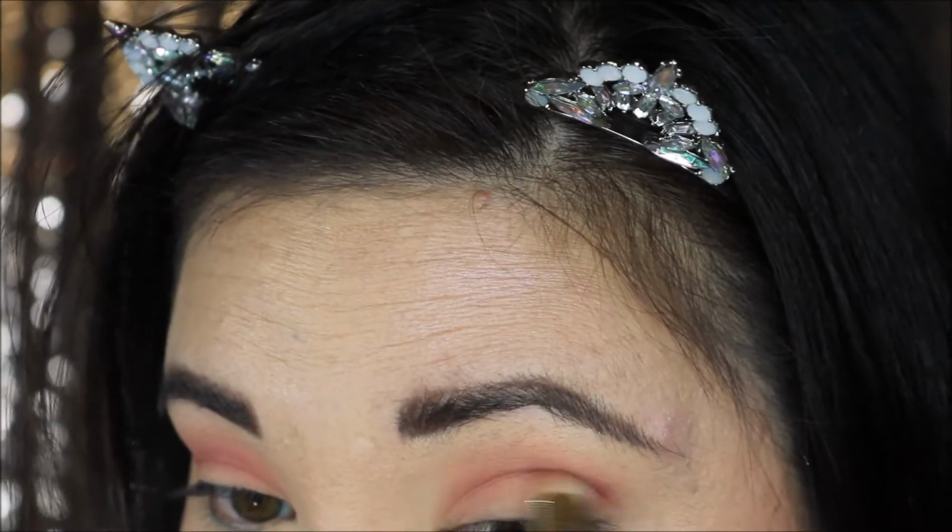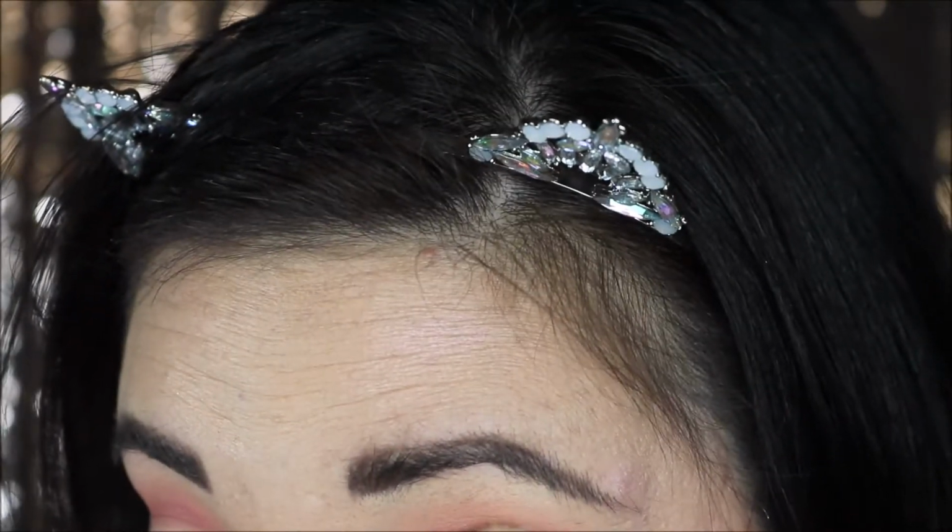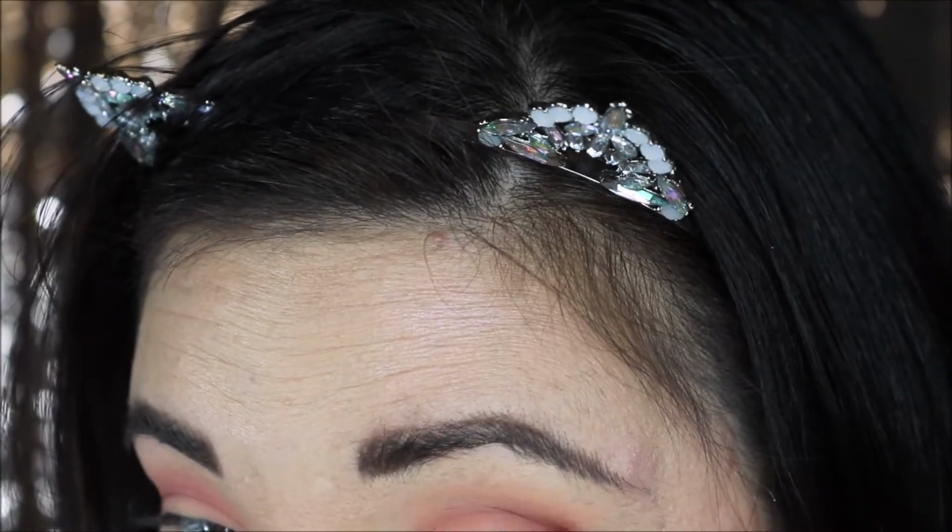I really like this color too though. Like these mauves are what I really like. If you don't like mauves and rosy tones, you're not gonna like this palette. I know it says the new nudes, but honestly